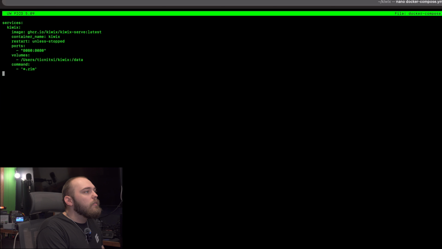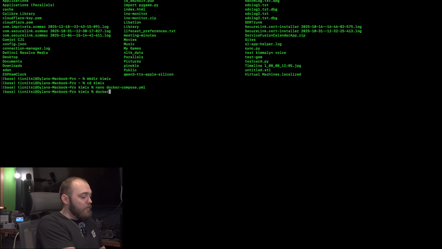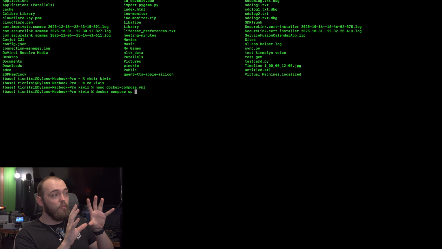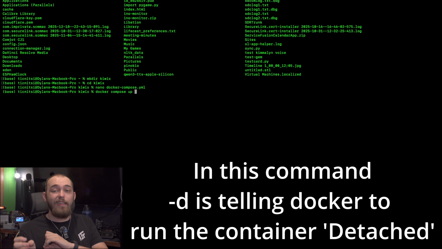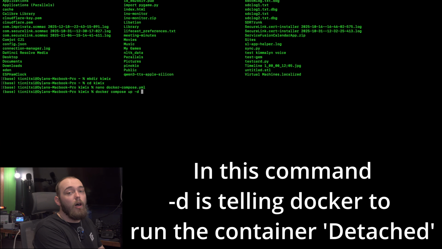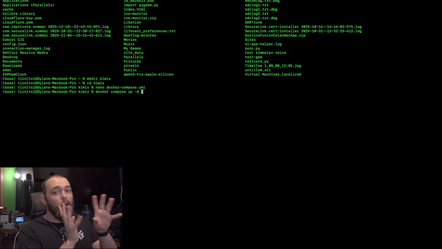My volume is good, and I'm going to hit Control-X. It's going to ask if you want to save. I'm going to say yes. Back in the old day, you used to have to type docker-compose. Nowadays, it's just going to be docker space compose up. If you want to run this in the background, because when I run this, it's going to stay in my terminal window, and if I close my terminal window, the Docker container will also stop. If you do the -d command, so if I do docker compose up -d, what that will do is run it in the background. So I can close my terminal, I can do other things, and that container will still keep running until I go stop it.